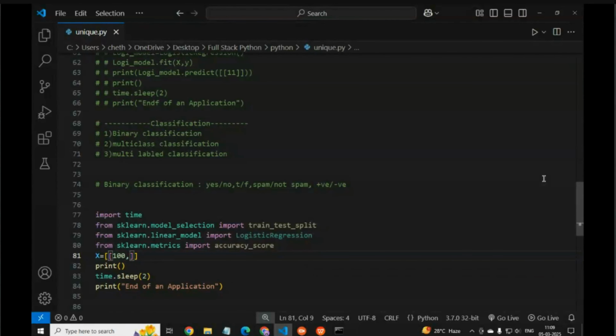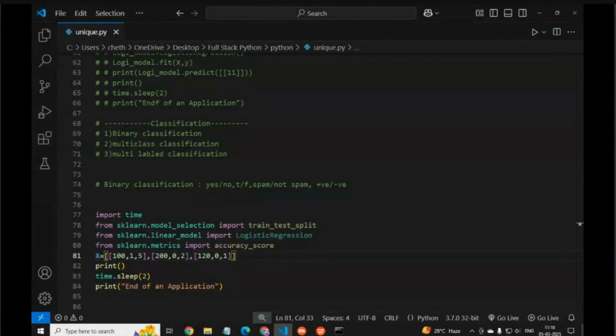So there is 100 email, 1 and 5. Then 200, 0 and 2. Then 120, 0 and 1. And here we write 150.